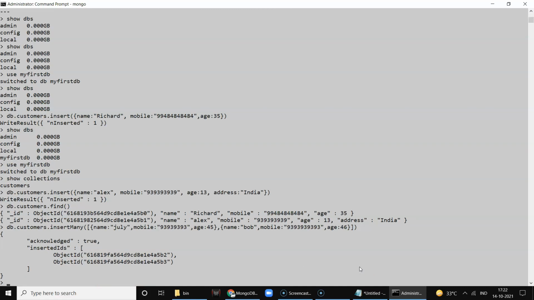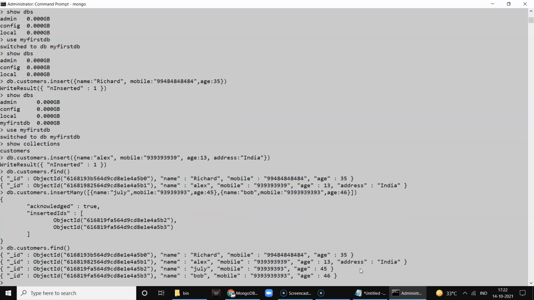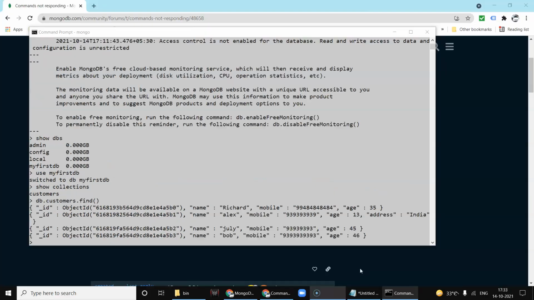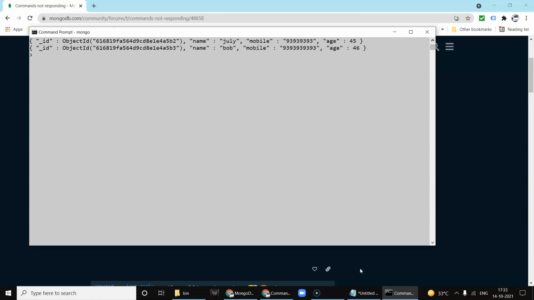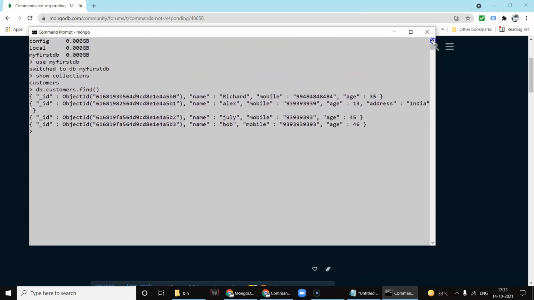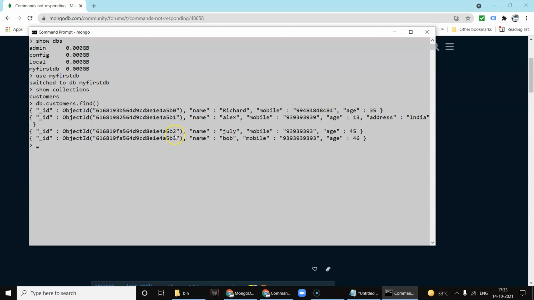See, acknowledged and insert IDs. So these two insert IDs. Now if you look at the collection's records, you'll be able to see 4 records. So we showed you how to insert single rows and multiple rows.